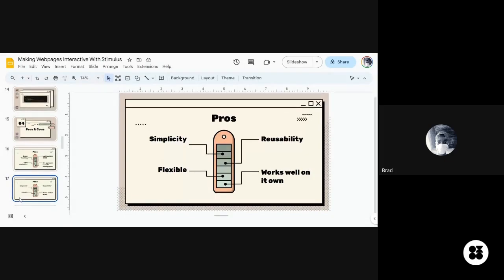The other benefit that Stimulus provides is simplicity. Very, very simple to understand. Once you understand the three concepts, that's the controller, your action, and your target. Sometimes you're classified into two, majorly your controller and your identifiers. I just wanted to break it down in a way that you're able to say, okay, this is what this does and this is what that does. So you're classified into controllers and identifiers if you are comfortable with that. But if you want to go for the broader or deeper part, controllers, actions, and targets.